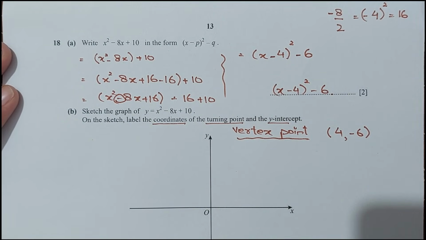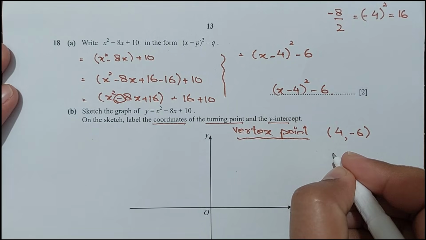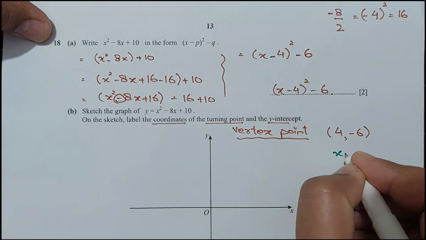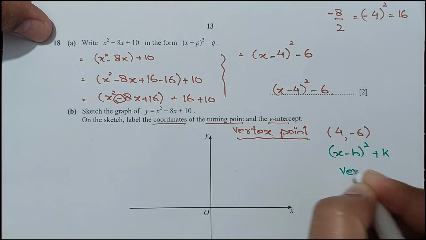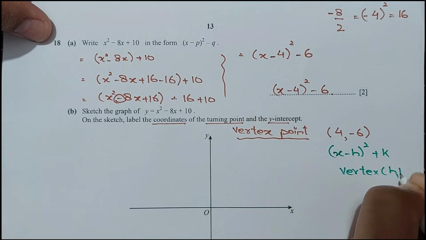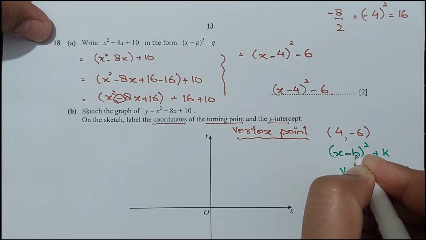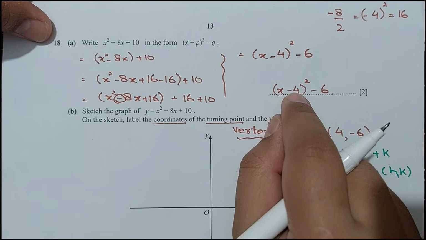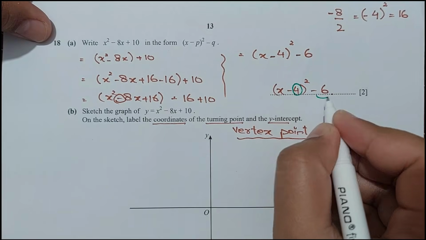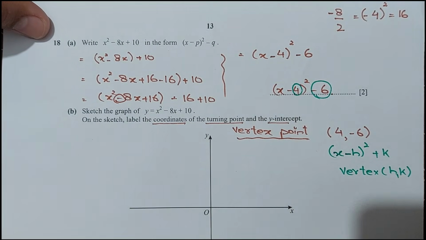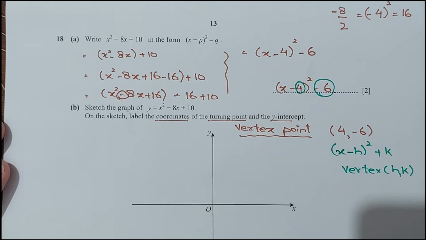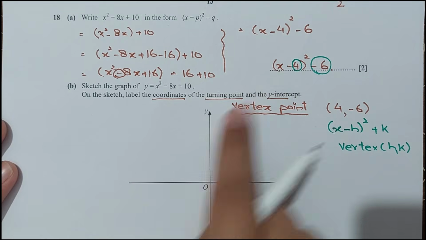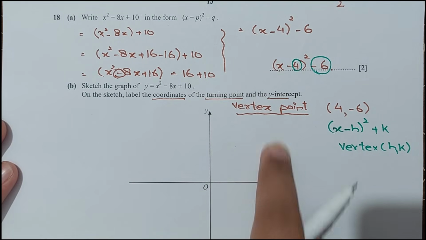As we know that the vertex form of a quadratic equation is (x minus h) whole square plus k. And what is the vertex? The vertex is h and k. So this minus is a part of the formula, so just h and this k. So now here the h value is 4 and the k value is negative 6, right? Okay, so the vertex point is 4, minus 6, the x value is 4 and the y value is negative 6. And second thing, the x square coefficient is positive, so the opening of the parabola is upward,